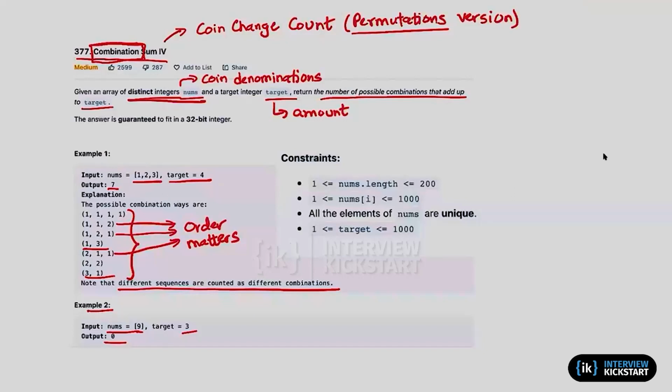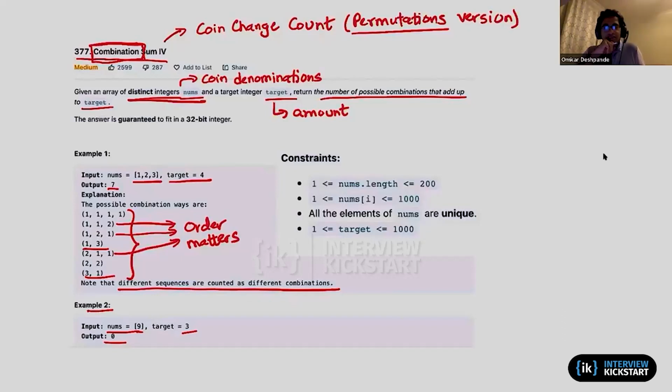Like 1, 3 is just a subset of the given larger input, which is of three numbers. Yeah. So yes, it is a subset, but then when you order the elements of the subset in different ways, they get treated as different combinations,